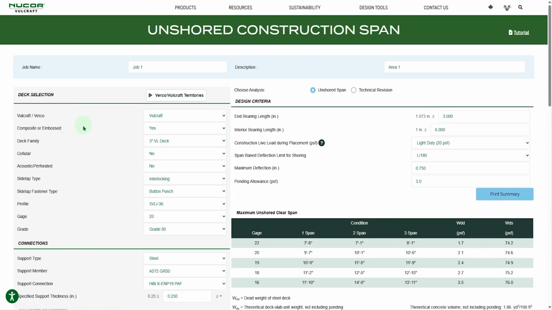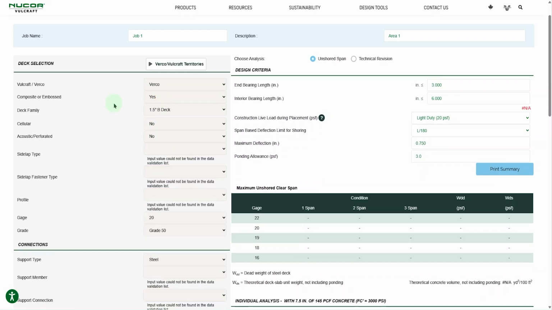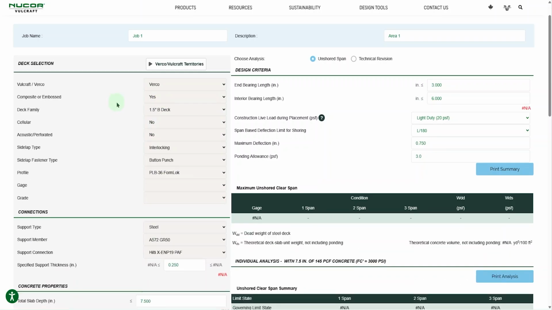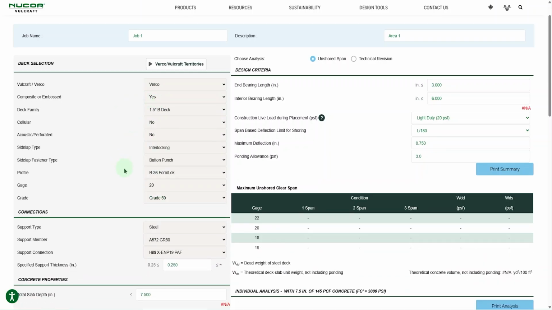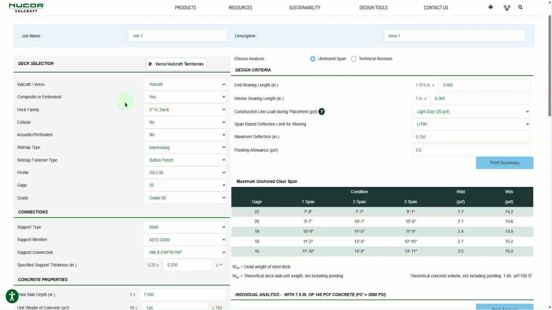And on the left-hand side, generally you want to work from top to bottom, because as you change options here, the options below will update accordingly. If I wanted to flip this to the Verco profiles for a second, you would see everything updating on the fly here. It takes a few seconds to filter through it all. And then based on that, I've got my different options available here. And if I go back to Vulcraft for a second,